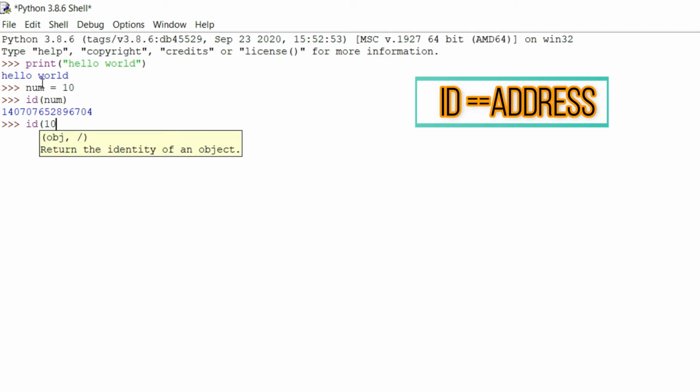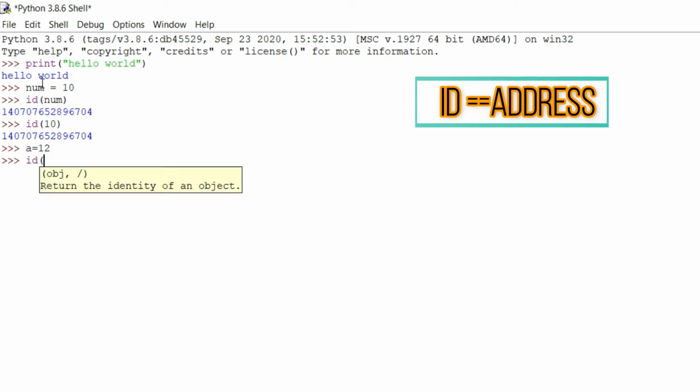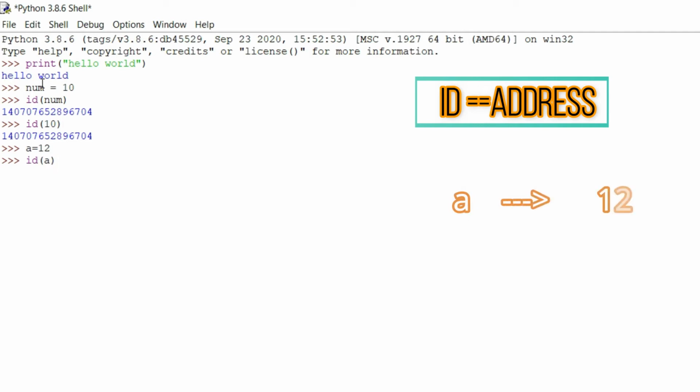If I specify the id of num, I get that address, because num is a variable that is assigned 10. Now suppose I take another variable a equals 12. If I want to know its id, that is, the address of the value 12 it is holding, it will be different.